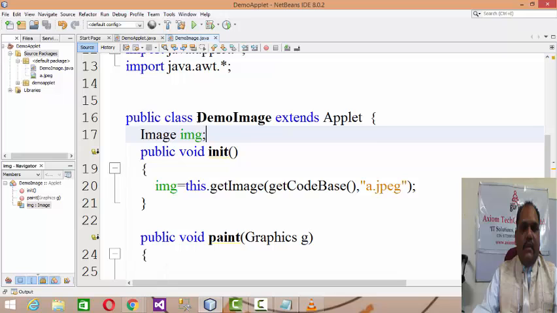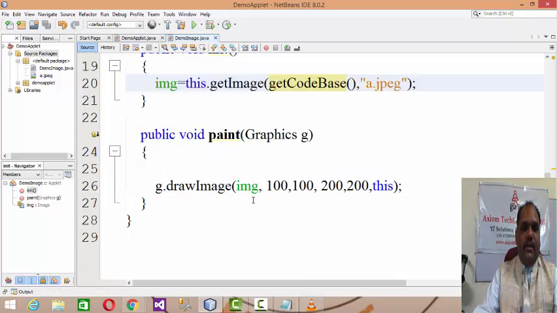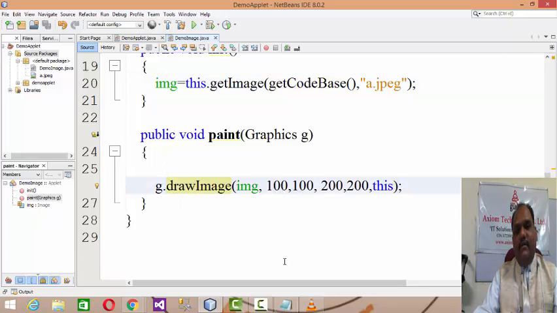You have to extend your class from Applet, and Image is a predefined class available in the AWT. You create a variable of it, and in init you get the image by getCodeBase and specifying the name of the image, and in paint you have drawImage, and you specify the customized x and y and width and height to put that image onto the applet. Hope you understand this. Thank you.